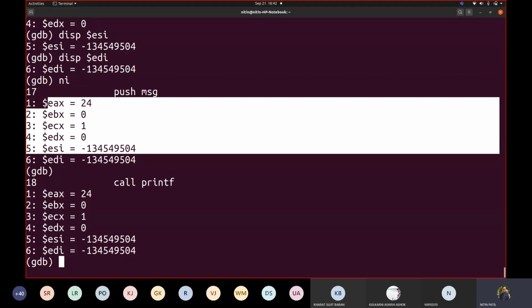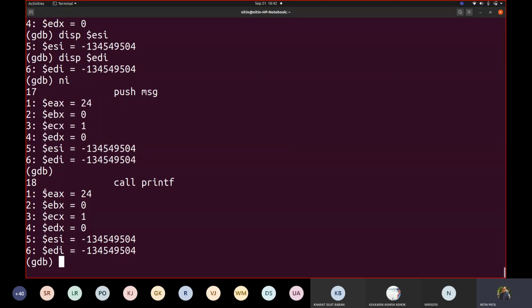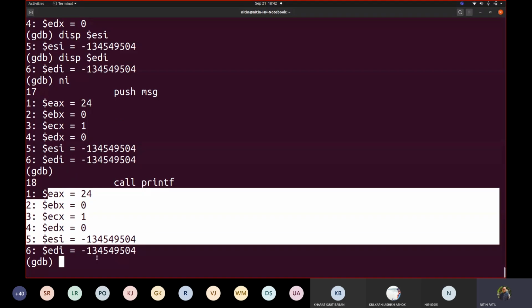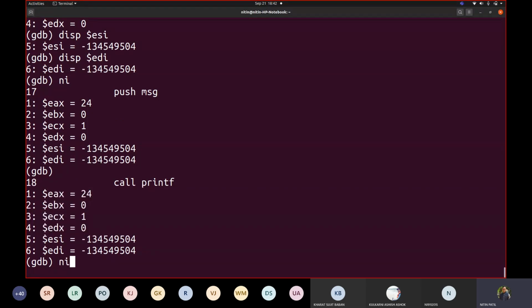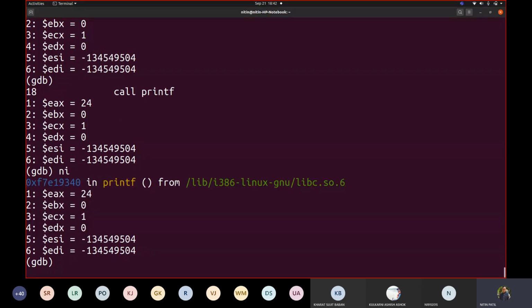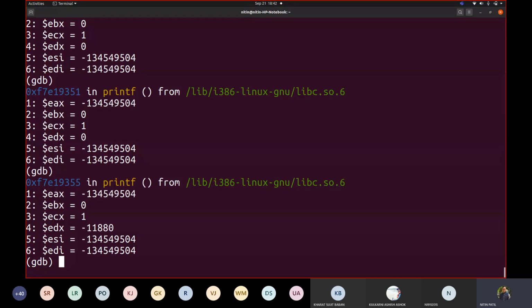Before push MSG, this was the scenario. After push MSG, this was the scenario. Now when it executes call, carefully see what change happens. Is there any change right now? No. Let us execute it. We got the first change with EAX. We got EDX.